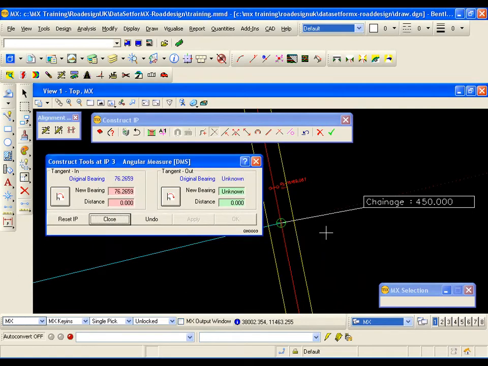The nearest IP is now active, which in our case is IP3. The current bearing into this IP is 76.2659 degrees, so I'm going to left click to make that bearing active. I put my cursor over the design road centerline, I left click,